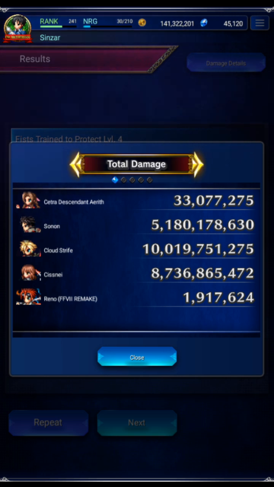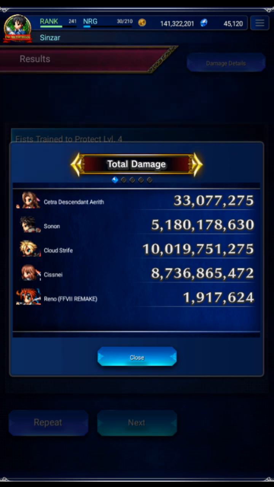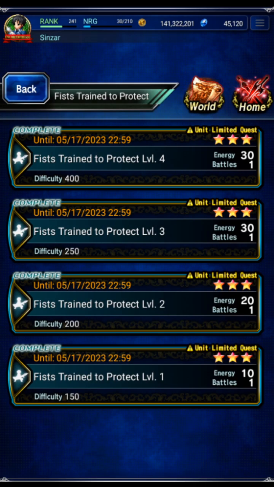So you really need some support chainers, like Sisney doing 8.7 and Sonnen doing 5.1. Reno's the breaker and Aerith is the buffer. And if the chains didn't break, we would have done a lot more damage. It does work. In a practice run, the chain didn't break. We did a lot more damage, but